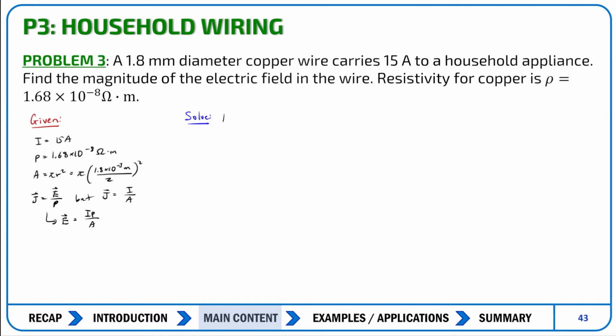We have E, and we're just trying to find the magnitude, so we don't even need a direction. E is equal to I rho over A. It's equal to 15 amps multiplied by 1.68 times 10 to the negative 8 ohm meters divided by,